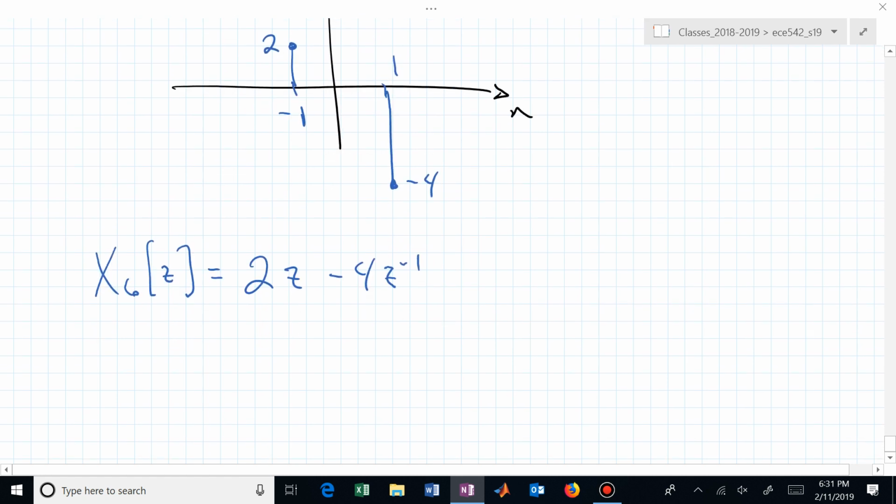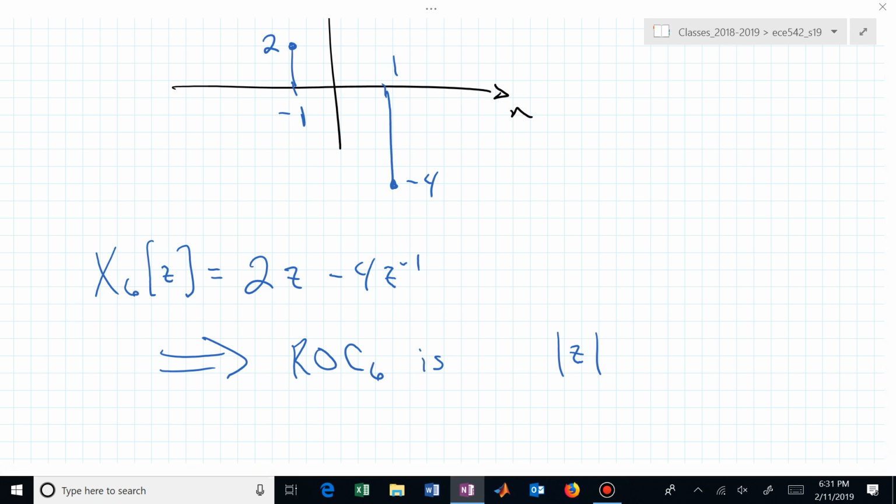What's the region of convergence for this sequence? Is it bounded? Can we let z go off to infinity and still have a bounded capital X sub 6? No, so we have to bound it. What about, can it include 0? No, because we're dividing by z, so now z,